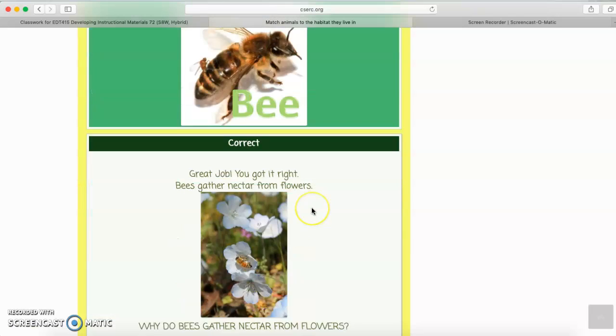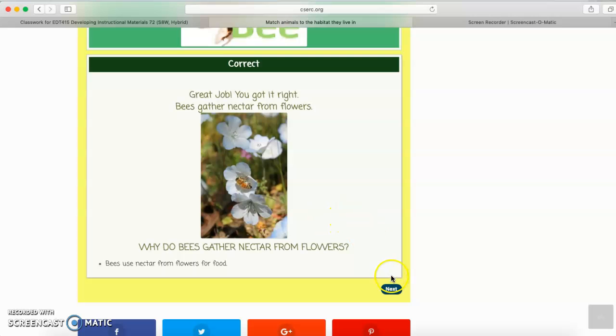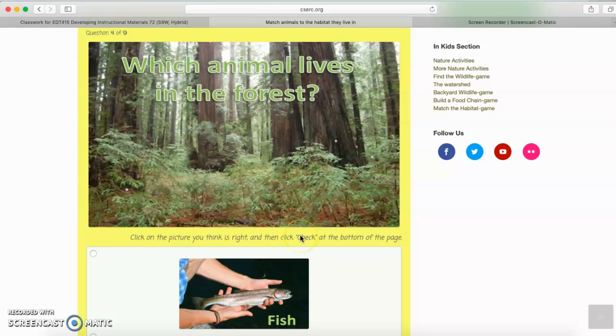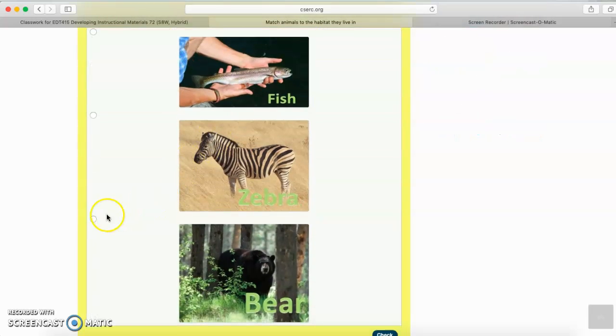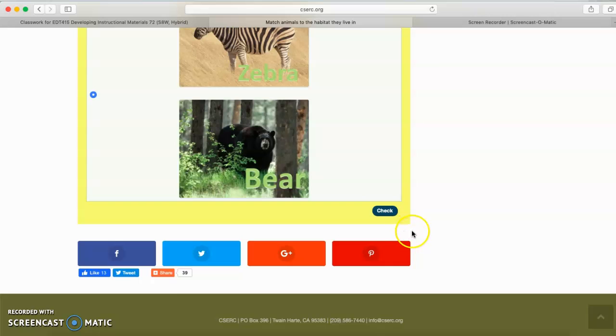And this online quiz connects to my lesson because at the end of my lesson, kids will be matching animals to their habitats, which is exactly what they're doing in this game. And then they will be drawing the habitats. So this game is helpful because it not only reinforces that knowledge of where animals would live,